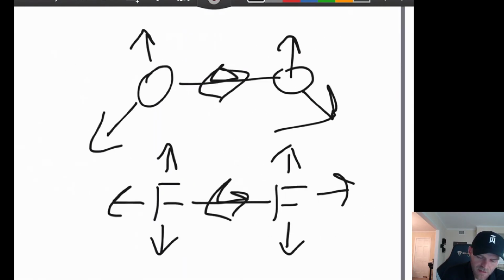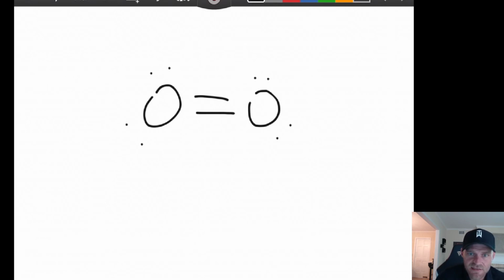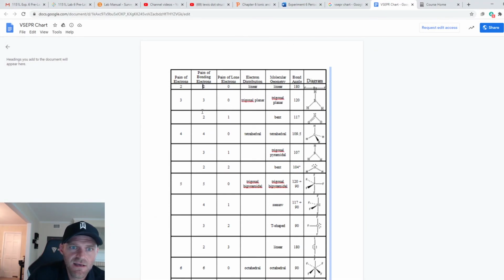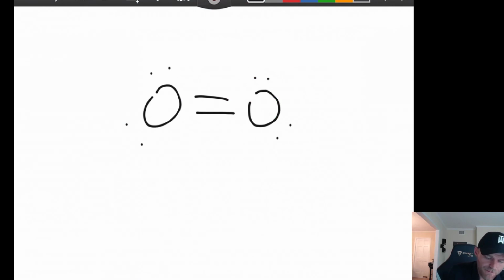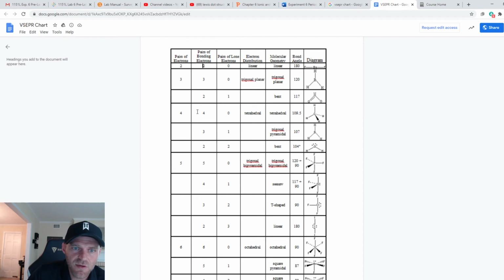Okay, so oxygen, there, double bond O, and there. Okay, so if you see, let's see, it says pairs of electrons, okay? So every electronic domain is a pair of electrons, all right? But the bond itself is only one. Let me see how this is worded. So let's say we have 4 pairs of electrons, one bonding pair,